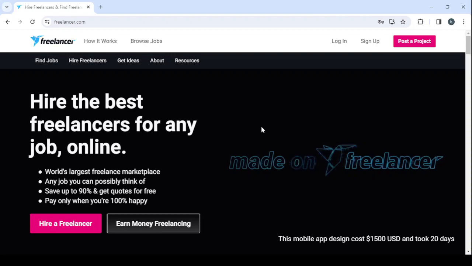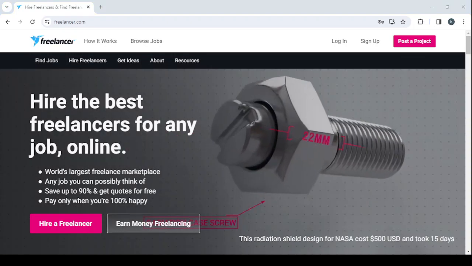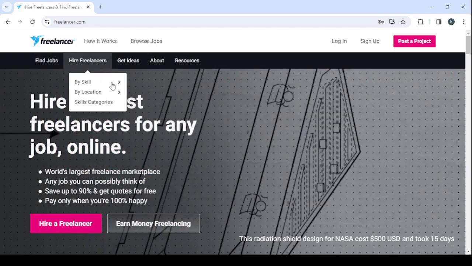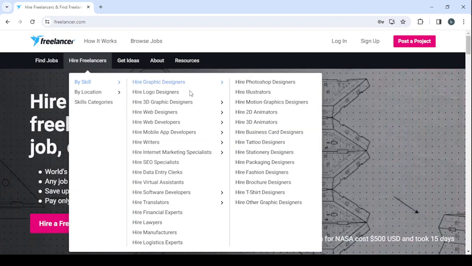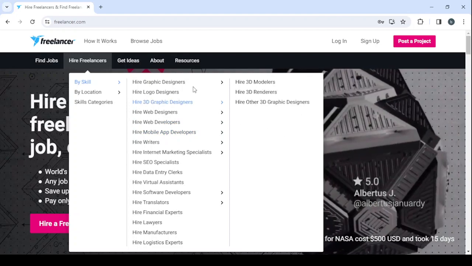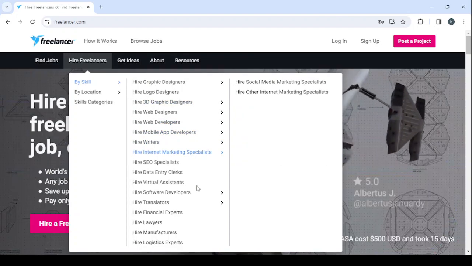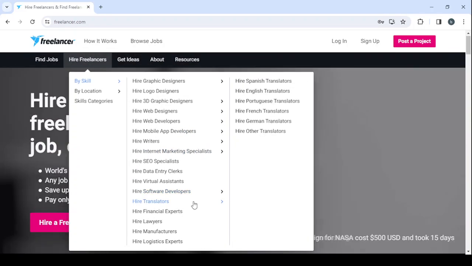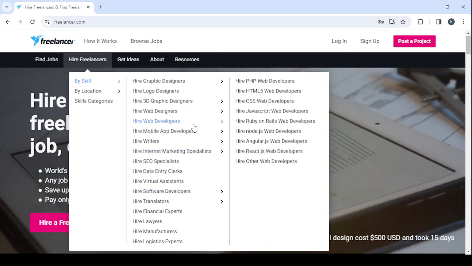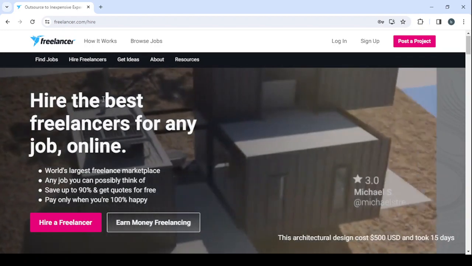So for example, if I was a business owner or a visitor of the platform searching for a voice actor, I will just go to hire freelancers in here, click on by skill, then I'm going to search for the freelancer I'm looking for, and here it seems like we will need to search for it manually because here we have just translators, virtual assistants. We don't have voice actors in these categories. So let's go to search for it by skills category,